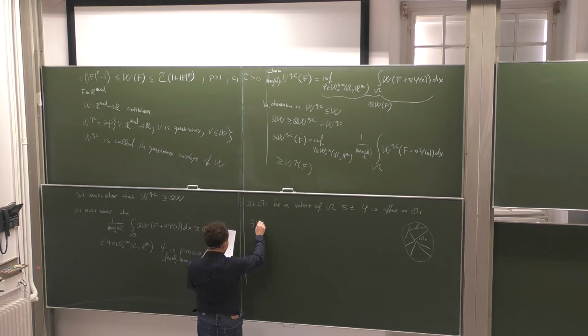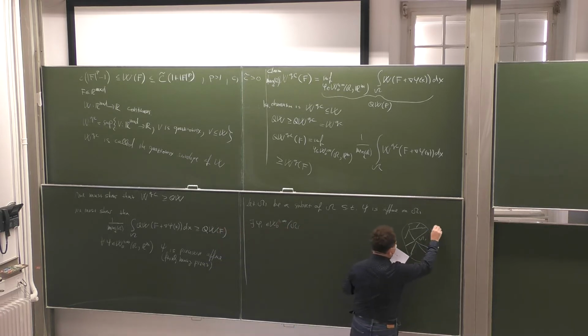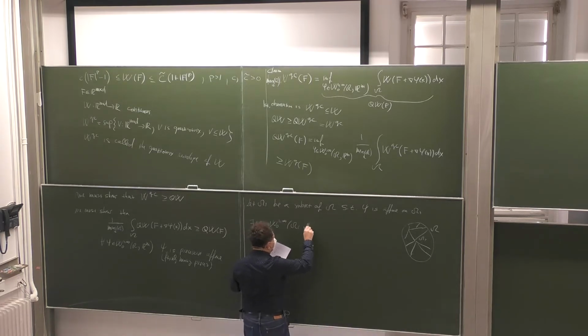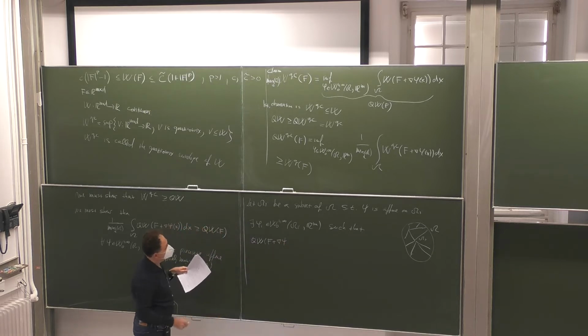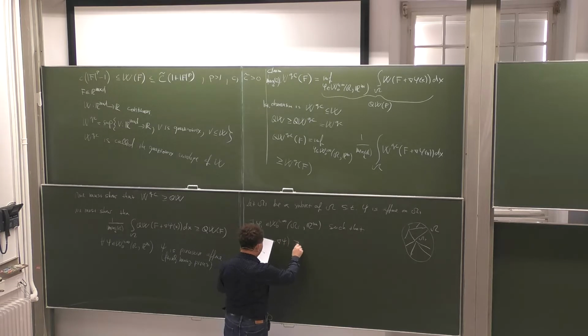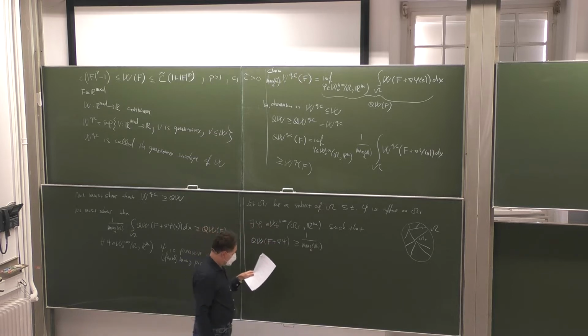And so now I take the definition of Q of W at this point, and then I know that there exists phi I, which is in W^{1,infinity}_0 of this little piece omega I, into R^m, such that now if we calculate Q of W at F plus grad psi, this is bigger or equal than 1 over measure of omega I, d-dimensional always, of